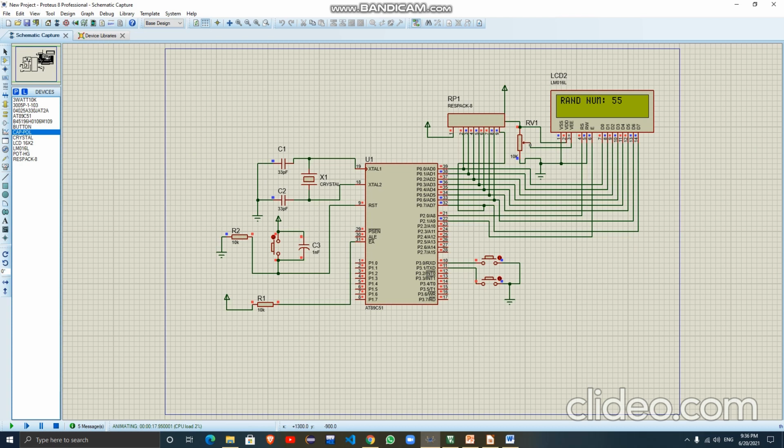This is the set button, and this is the reset button. If I press this, it will reset and again ask for the number. If I press this, it will give 34 this time. You can see what the use of this button is: this button will stop the program normally, and it will stop this program.